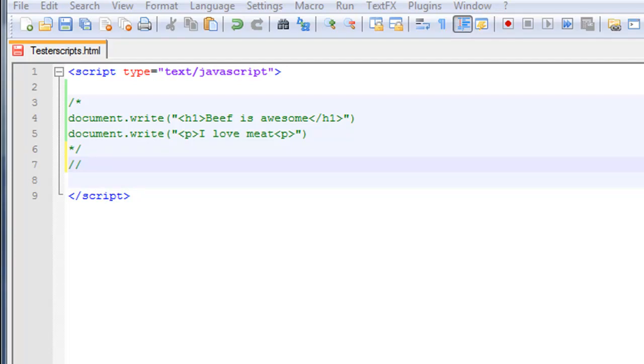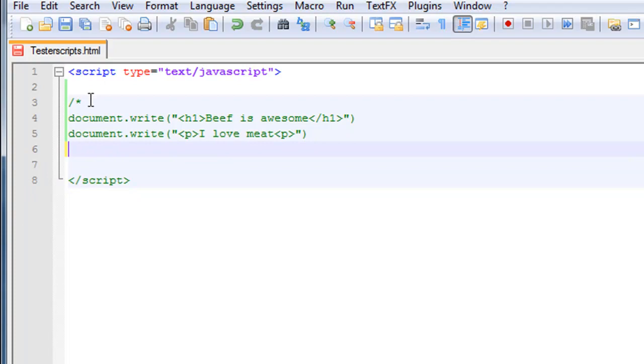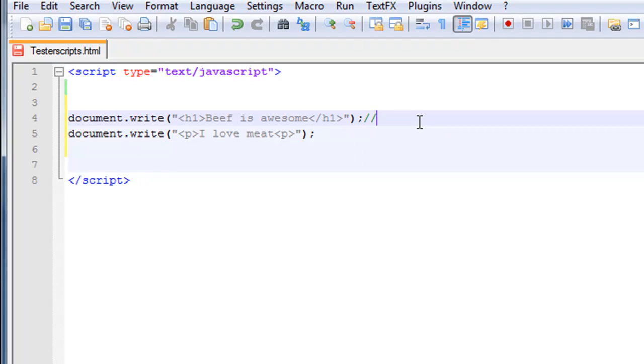Let's do one more. It's going to be using comments at the end of a line. So we just place it at the end of a line of the code. So let's get rid of these right here and right here. Alright, so we're going to put our little semicolons there, and then we're going to put two slashes and, I don't know, let's say write hello world. Alright, and let's get rid of this right here, and let's write hello,